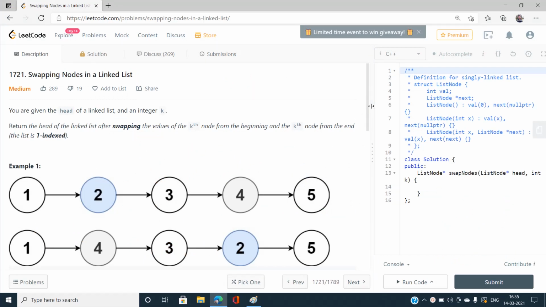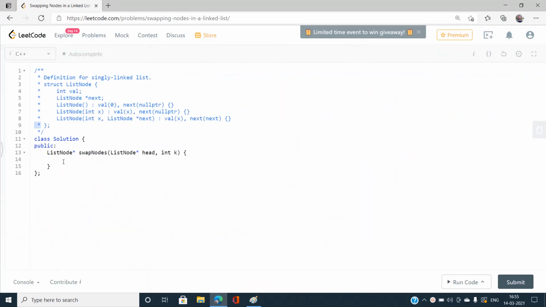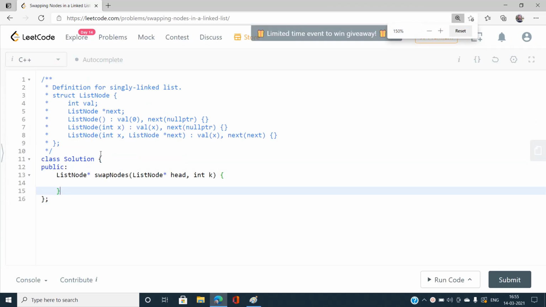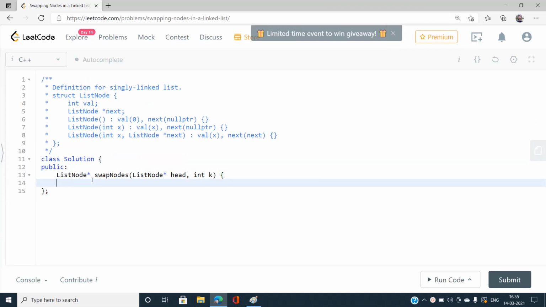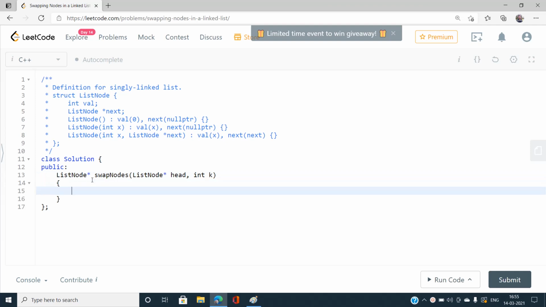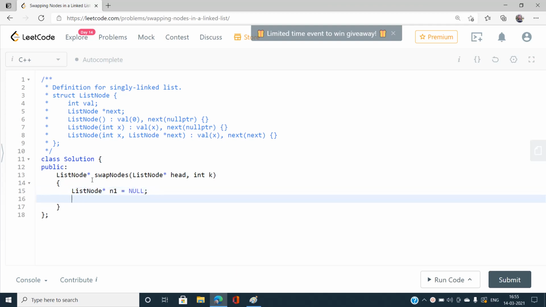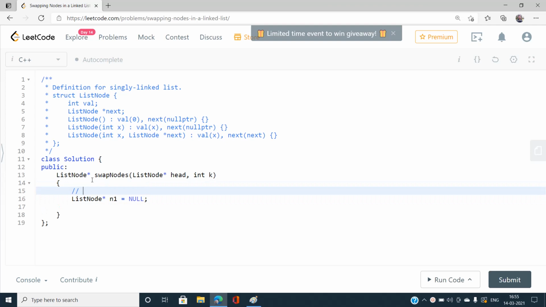So how are we going to do this? Let's make a list node star n1 and initialize it with null. This is going to be for the kth node from the beginning.